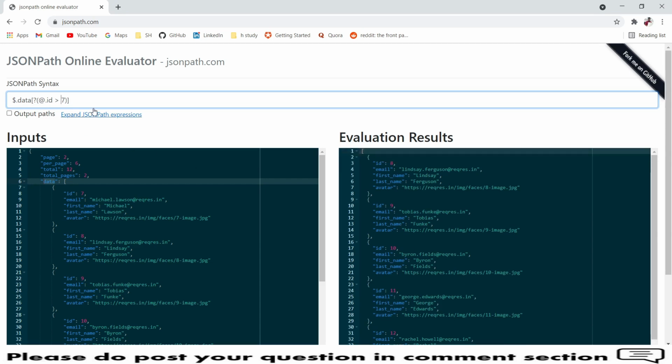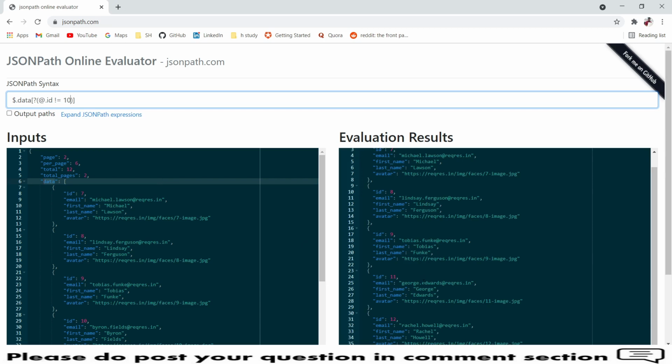And you can try like this also, an ID which is not equal to, represented by exclamation and equal to. So not equal to 7, you can provide, or you can remove the 7 and provide 10 also. Then all the ID 10 related information will not be pulled here.